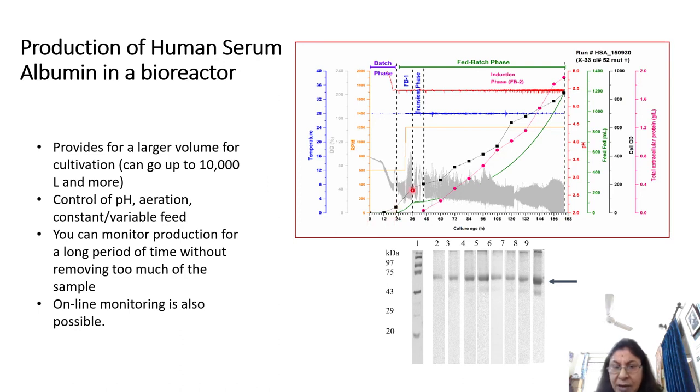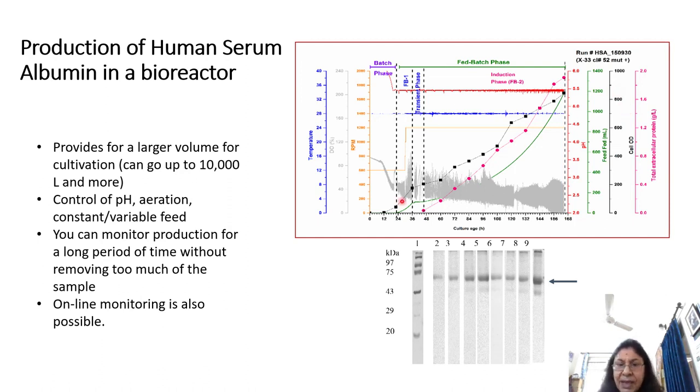In black, what you see here, there is a scale which explains that the black curve refers to the cell OD. I'm starting at a very low cell OD, but as the cells multiply in the bioreactor, you see that the cell optical density, which is directly a function of the cell density, starts to increase. If we start out with very low OD values, like maybe 1 or 1.5, at the end of 168 hours of fermentation, the cell OD has gone to nearly 900 cell OD units.